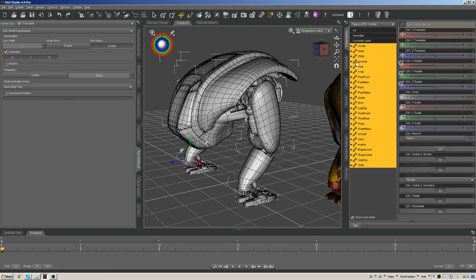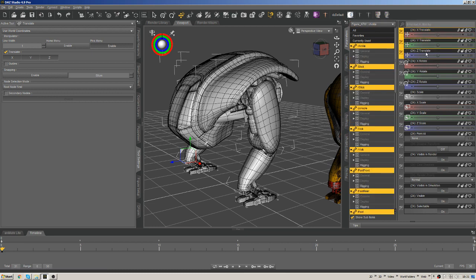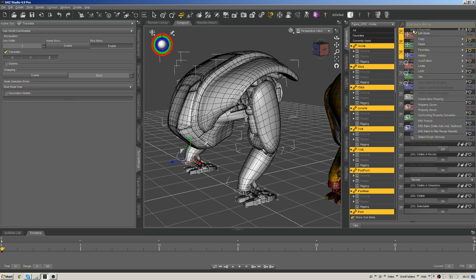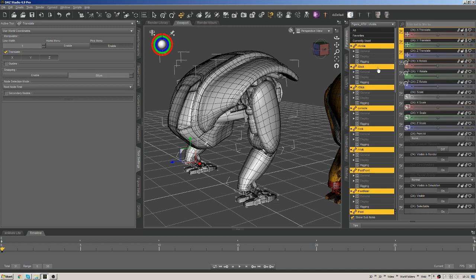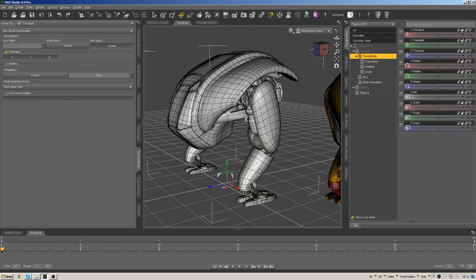So right now we have all these parameters together, and I'm going to go into edit mode and then shift select all three translations. So right now you see that number tells us we have 24 joints selected. So I'm going to right click and go to lock selected. Then I'm going to go to hidden and hide selected. So once we have locked and hidden those, now if I select one of those joints,